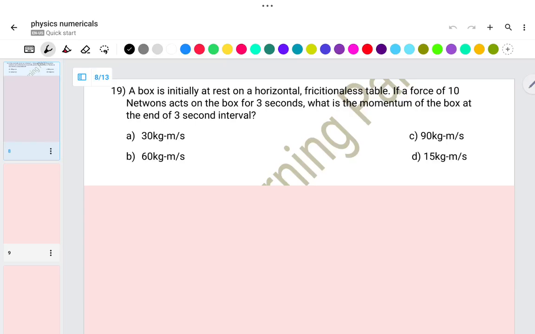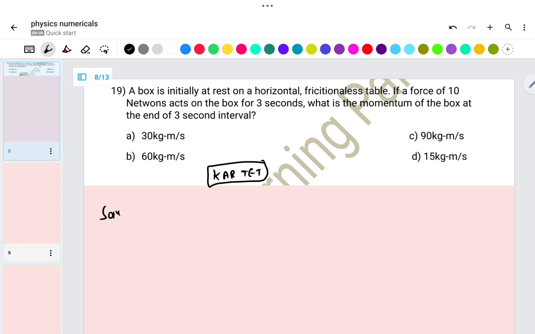Hello everyone. In this video I am going to solve one of the problems from a previous year question of Karnataka on physics. Okay. The question is: a box is initially at rest on a horizontal frictionless table, which means friction is zero. If a force of 10 Newton